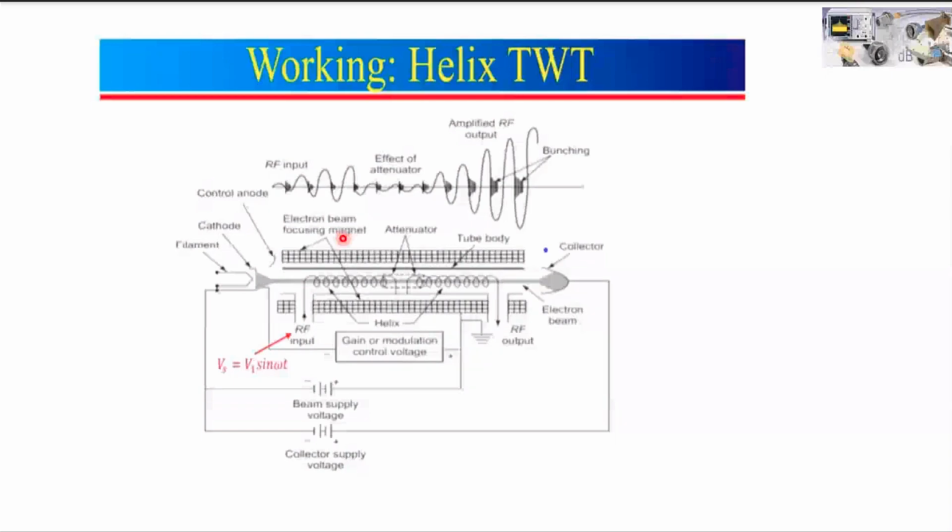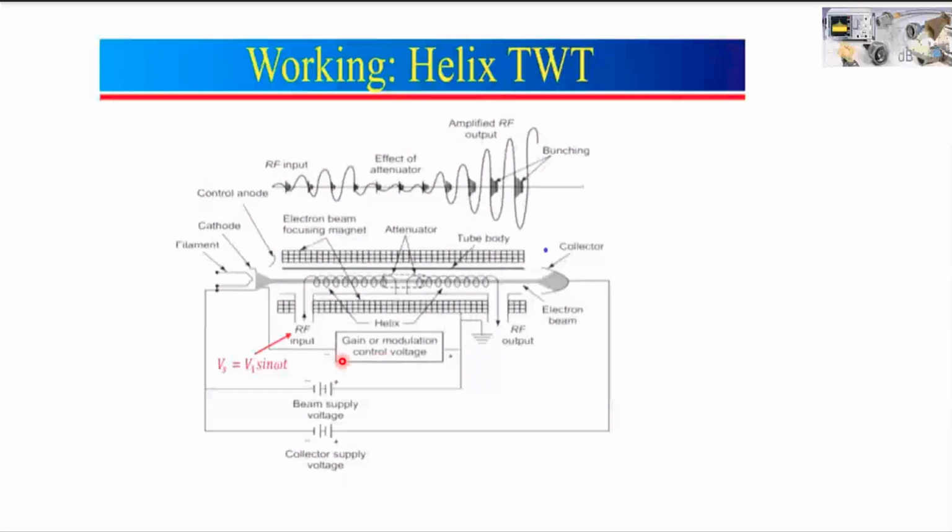So these are the various components which you can see, and corresponding to that I have shown a diagram also of how it operates. So let us see how electrons move in a helix traveling wave tube. Electrons are injected from the cathode point and they will travel with uniform velocity before entering the helix structure. After entering the helix structure, their velocity is modulated. And how that velocity is modulated, let us see.